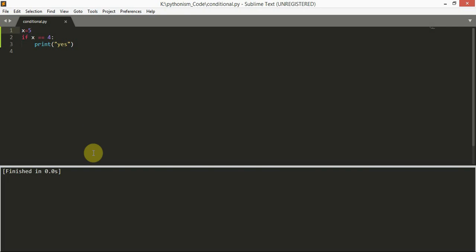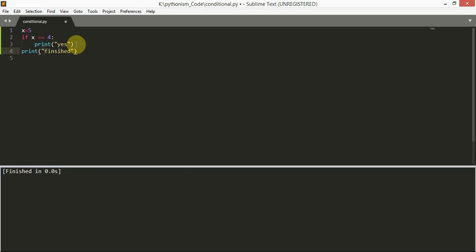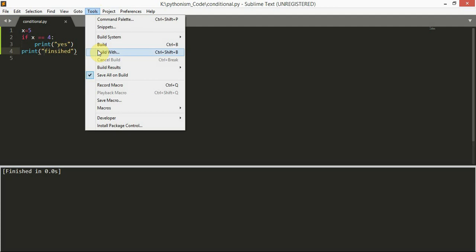See, it is not printing anything because the value is 5 in x. We are checking whether 5 equals 4 or not, so this condition failed. That is why the yes string is not printed here. Now run again.